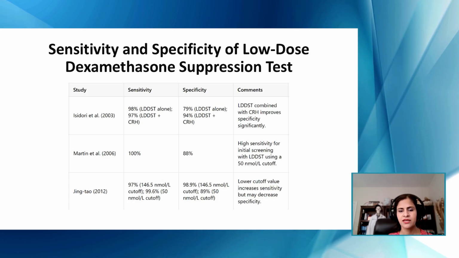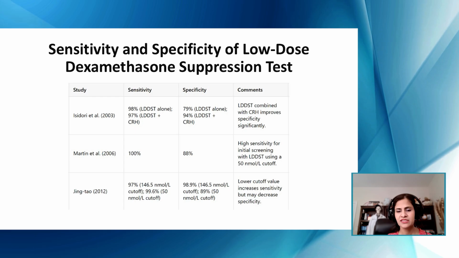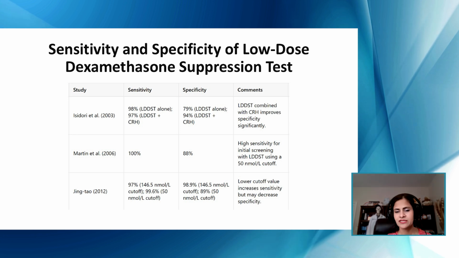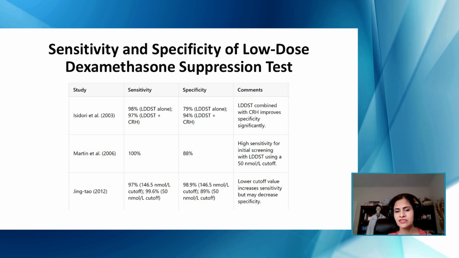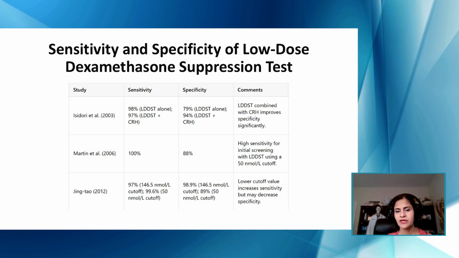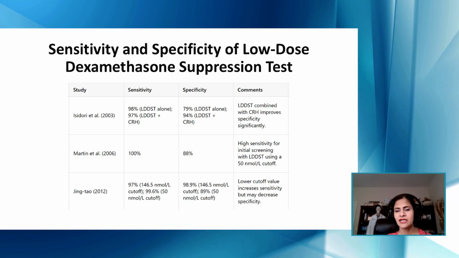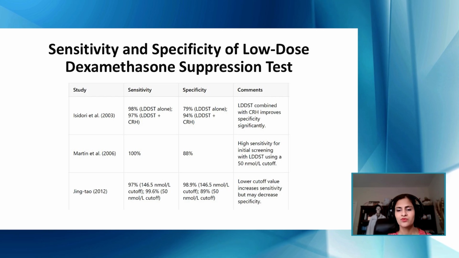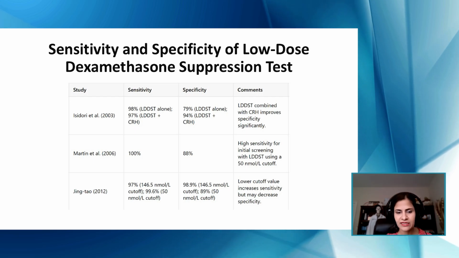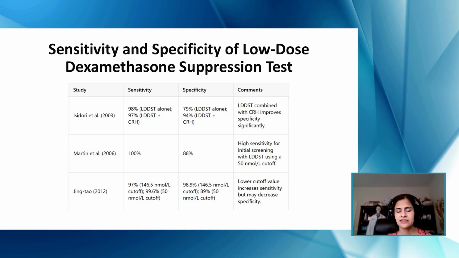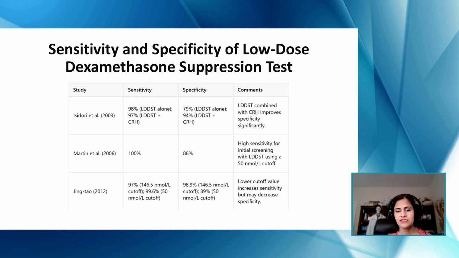combined with CRH. But if you look at the specificity, it is quite important. The specificity for the low-dose test was 79%, but when combined with the CRH, the specificity went to 94%. So this is something that's helpful, and it tells us that the low-dose dex test, when combined with CRH, improves the specificity significantly. The other row shows a study by Martin et al., where there was a 100% sensitivity and